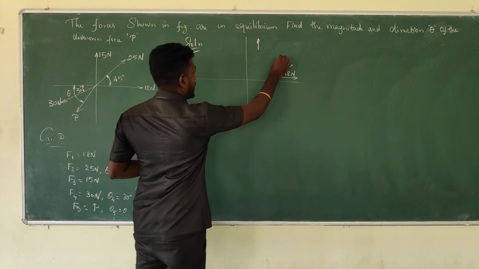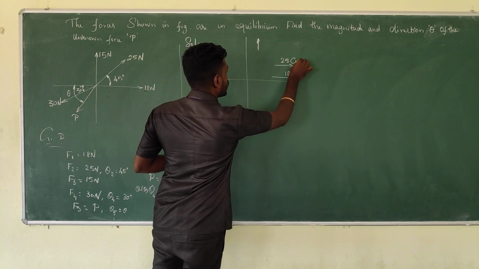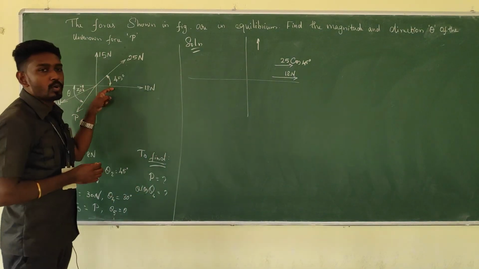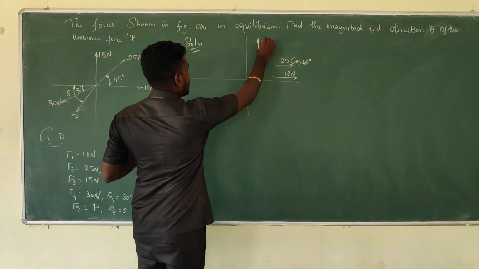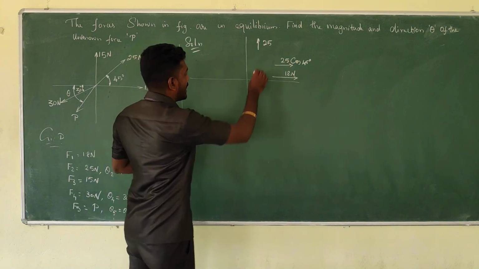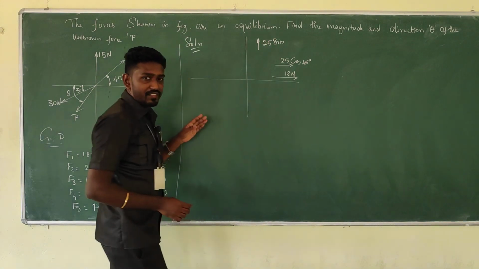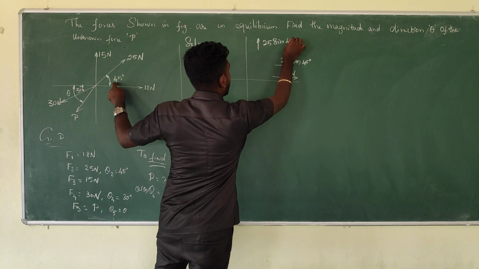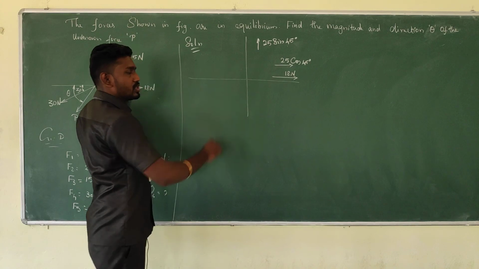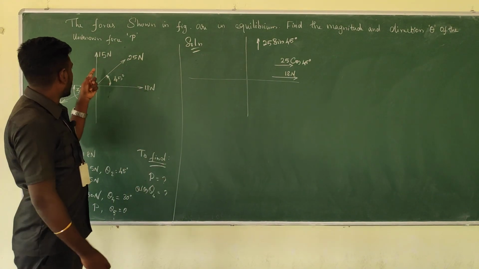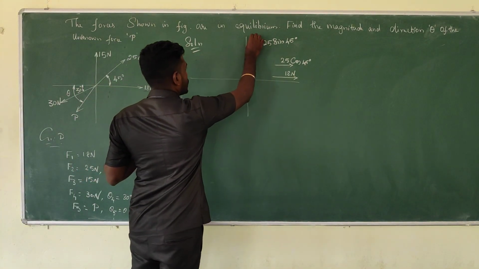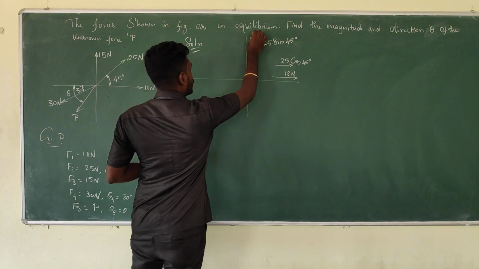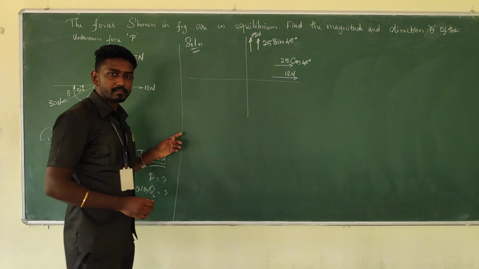So here I can designate 25 for the horizontal force as cos of theta value 45 degrees. Theta always needs to be taken with respect to the x component. And for the vertical force, 25 sine 45 degrees. For the vertical component we need to designate sine, and the angle with respect to the x axis is 45 degrees. What about the next force? 15 Newton is directed upward, which is a vertical force. No need to worry, directly take 15 Newton.